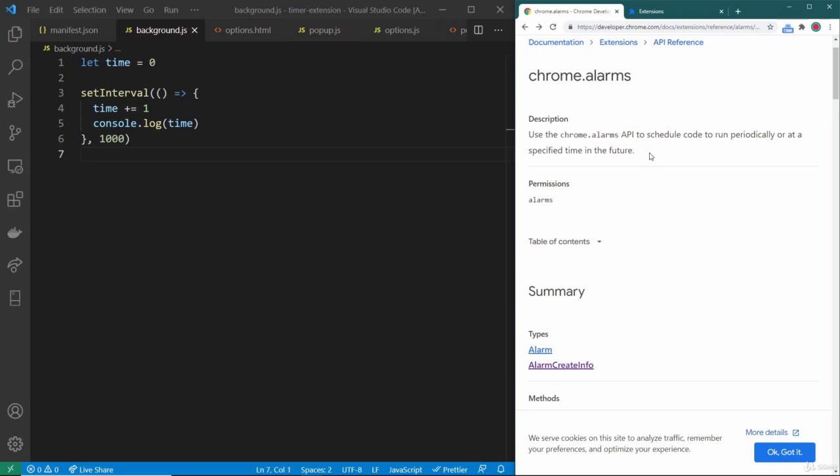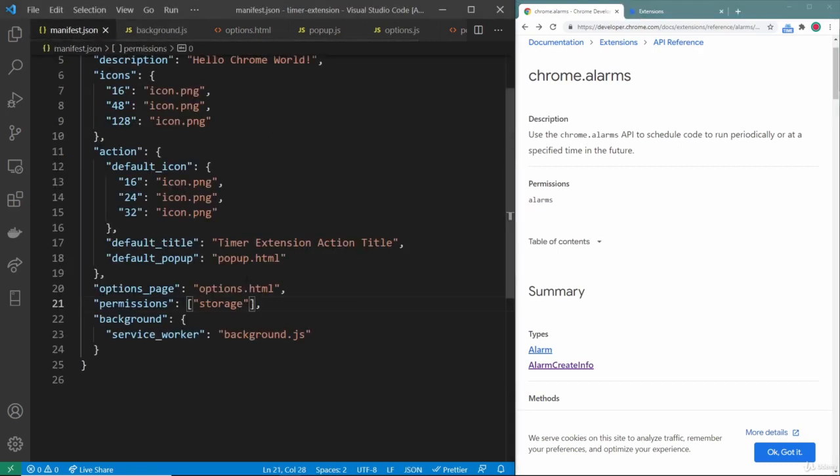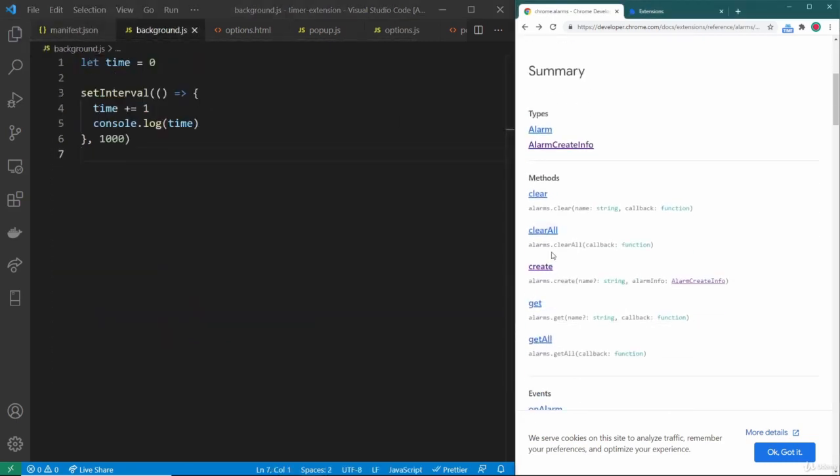And it does this using some Chrome magic that we can kind of just appreciate. And the first thing you'll notice is that the permissions does require an alarms permission. So let's go ahead and add that to our manifest file. And then there are a bunch of methods inside of the alarms API, but what we'll look at first is